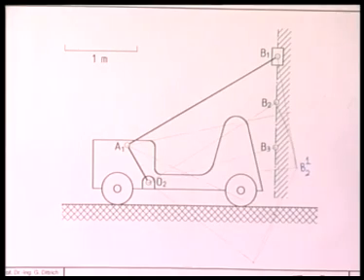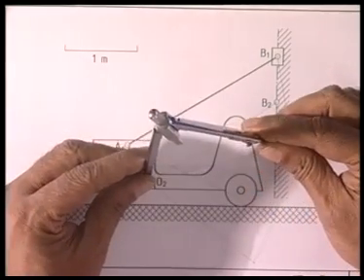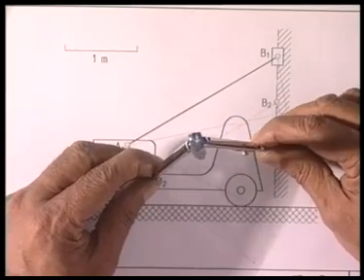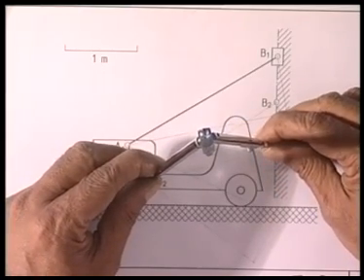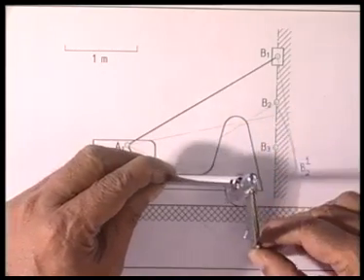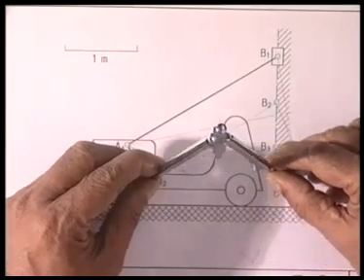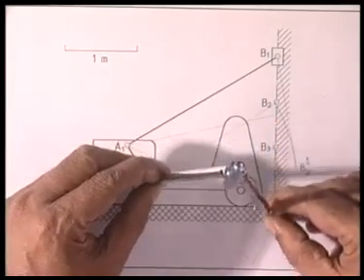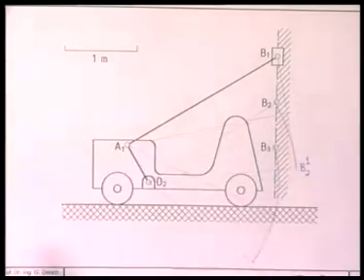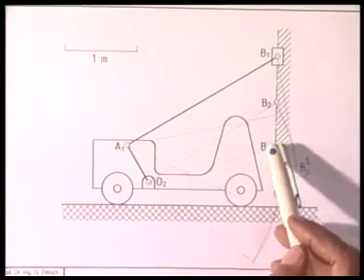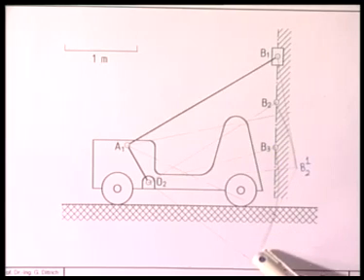Because we are holding the first position fixed, the inverted position of B3 I can get by rotating O2B3 by 52 degrees. This line O2B3 is rotated through 52 degrees, and we get the inverted position of B3, which we call